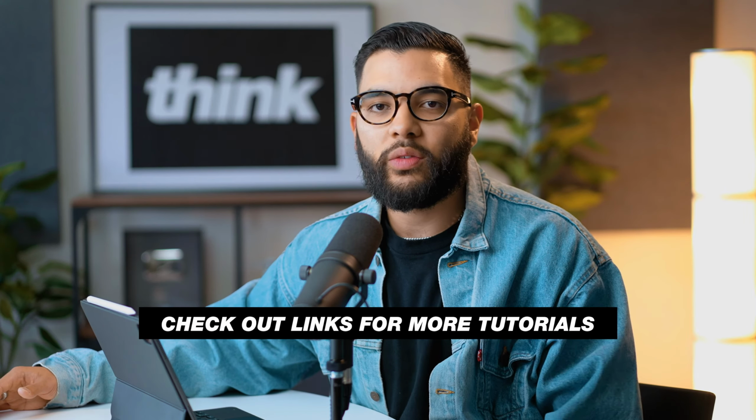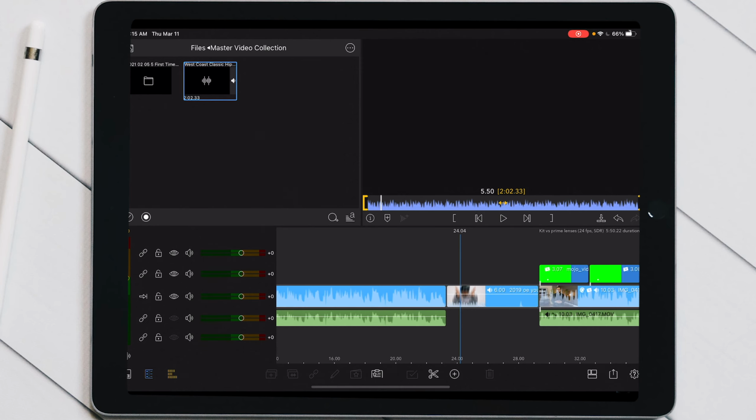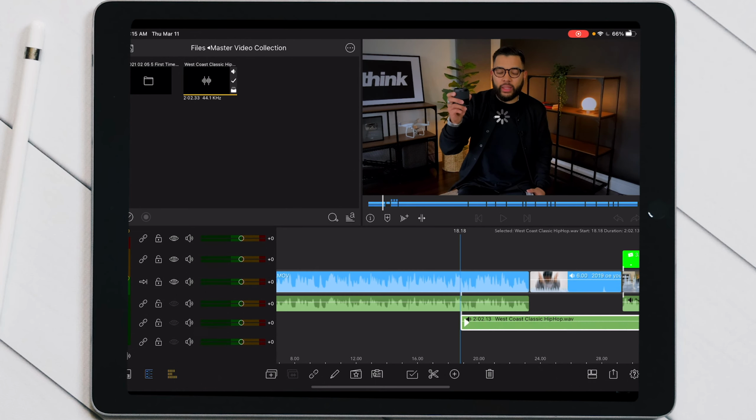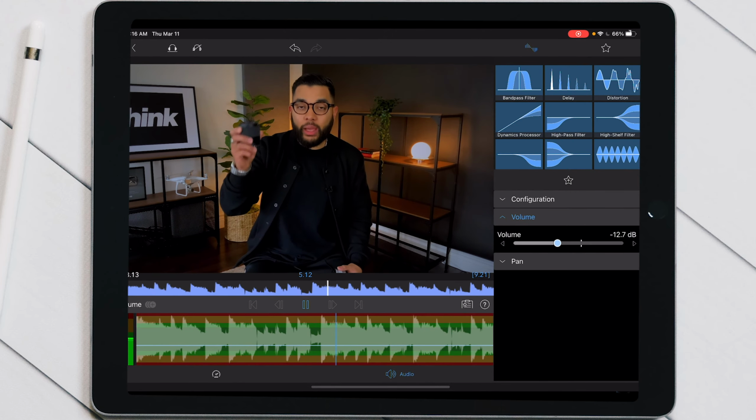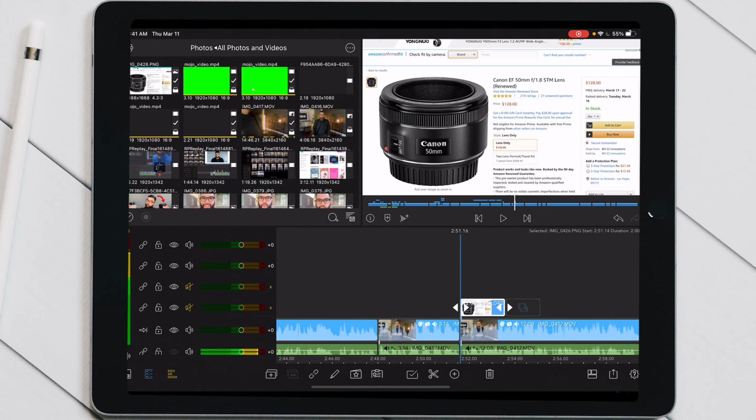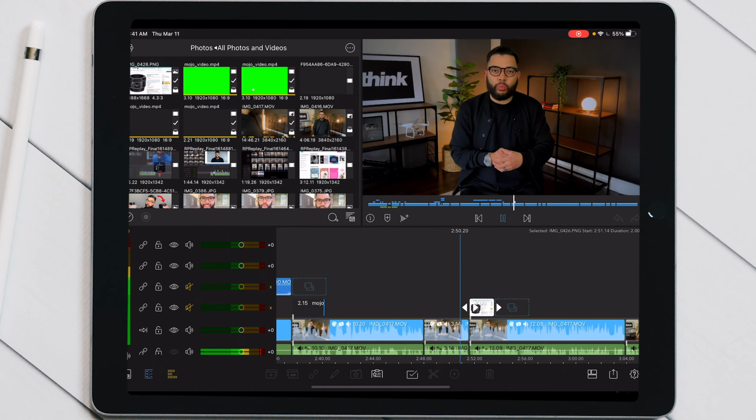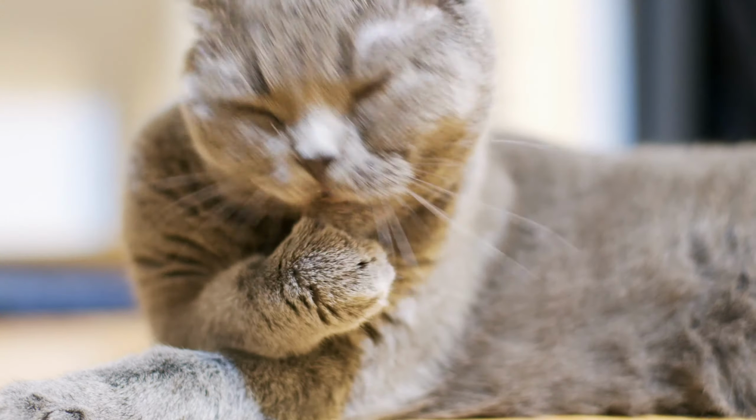As far as adding music to your video, the biggest thing you want to keep in mind is to make sure that it doesn't overpower what it is you're saying. So simply turning down the music anytime you have music in your video is super key. Now, when it comes to adding B-roll on top of your footage, really the main thing to think about is to just make sure it makes sense. You don't want random clips showing